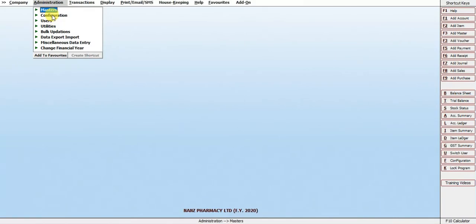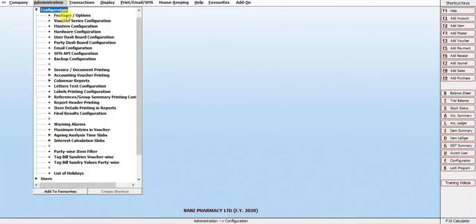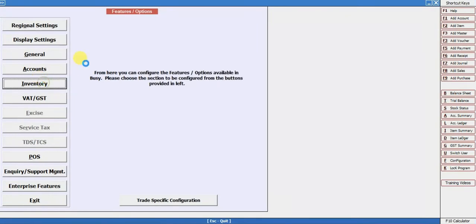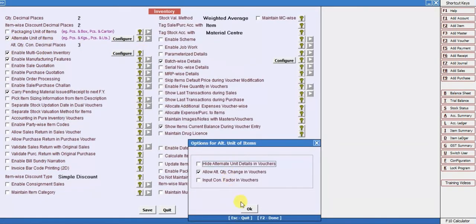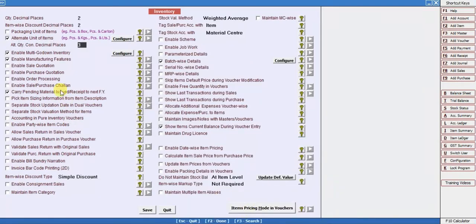Before that, remember, we go to configuration, the first configure your inventory. We want to use both the wholesale and retail, because sometimes you buy in wholesale and sell in retail. So we enable alternate unit of items. Then after that, you say save,